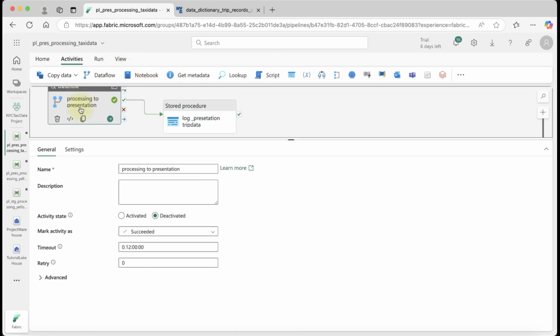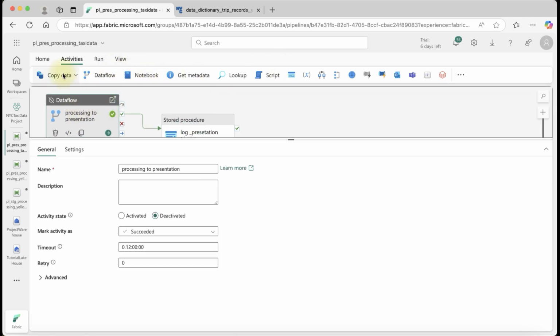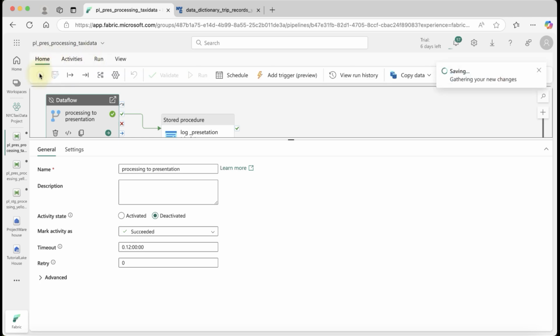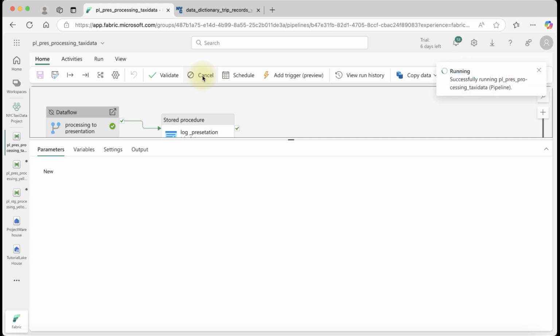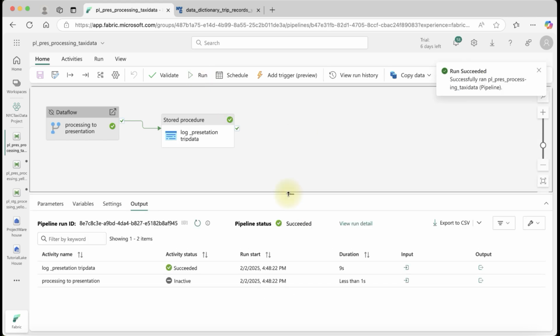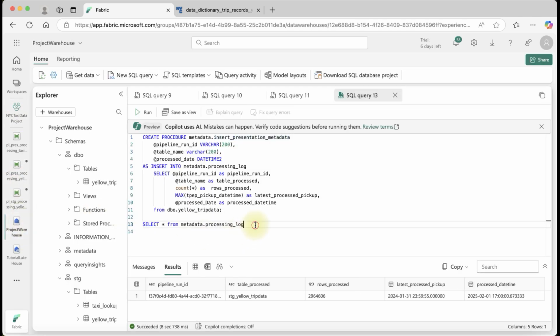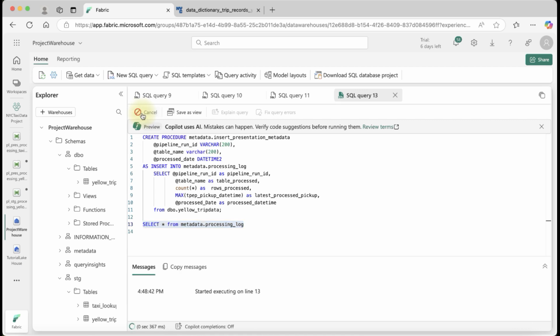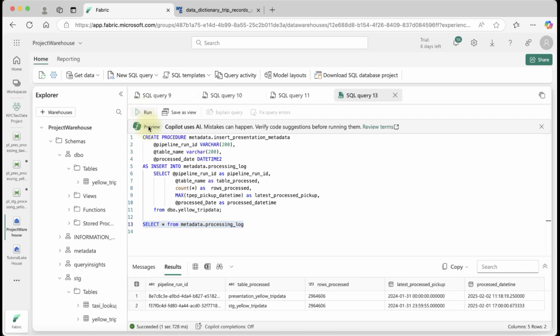I disabled this because I do not want to run the DBO presentation table again. So let's save this and run this. Let's wait for this pipeline to execute. It succeeded. Go to the warehouse and let's execute this query, metadata processing log, and you can see here the presentation table as well: this is the pipeline run ID, table processed,